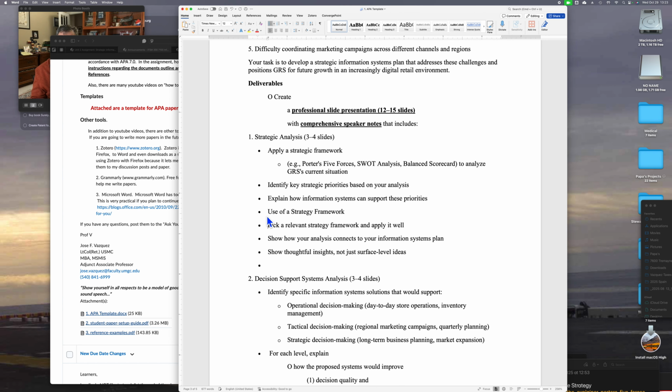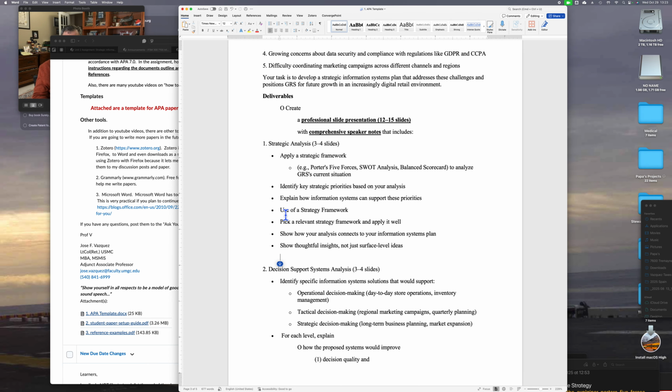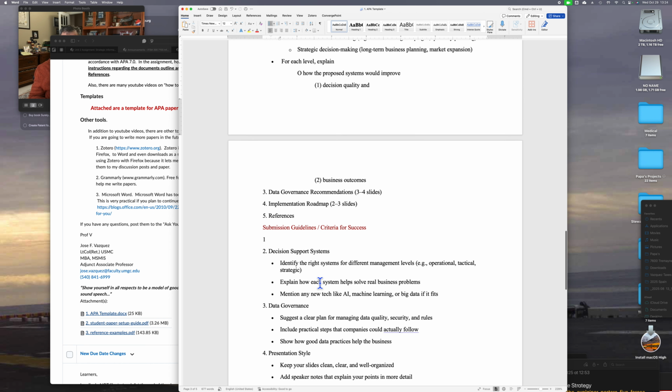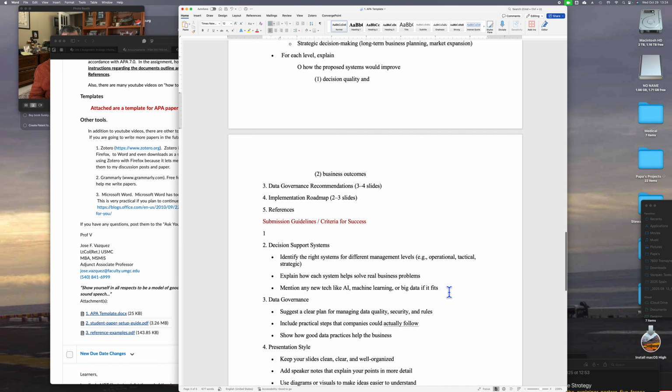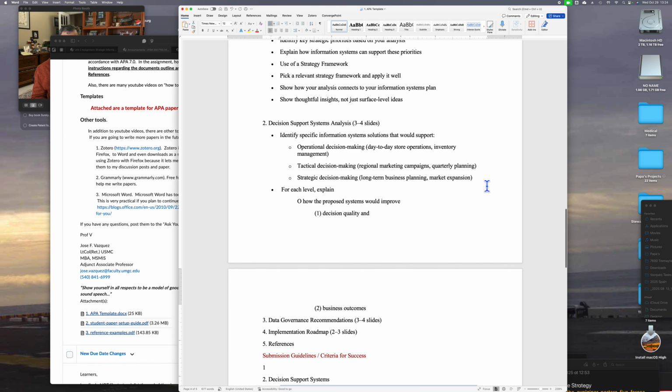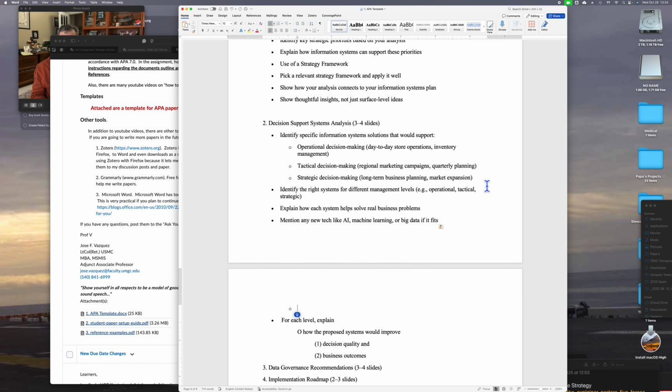Use strategic framework, pick relevant, okay. Show highly analytic aspects of information system plan. Show thoughtful insight. So these are like, did you accomplish these things in your analysis? And they belong in this area of your slide. So instructions or additional tasks that need to be included in that slide. Then the next step talks about decision making again. I'm going to copy that, and I'm going to bring it to the decision making part here, and I'm going to add them, and I'm going to look at them as additional things that need to be at each